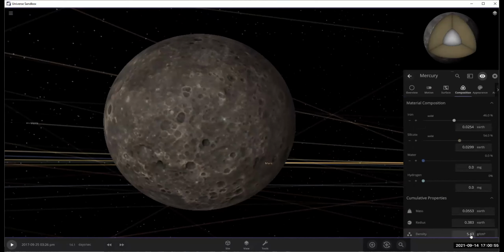First of all, look at the density, 5.43. That is a high density. It's the second most dense object in the solar system after the Earth in terms of planets. Okay, and look at the core in here. It's a big core, actually, relatively speaking, because it's made up of a lot of metals inside, and the outer layer actually is characterized by this kind of impact craters, indicating that this has received a lot of bombardments in